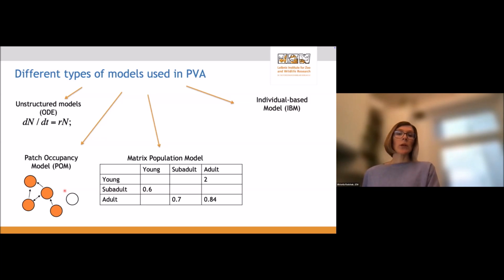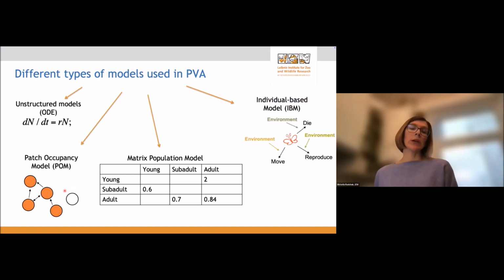And another type of model, that is probably the most complex, is individual-based models that describe the fate of each single individual in a population, and the behavior as well as survival and fecundity of these individuals is then a function of environment. And then as a sum of the fates of each single individual, the overall population dynamics